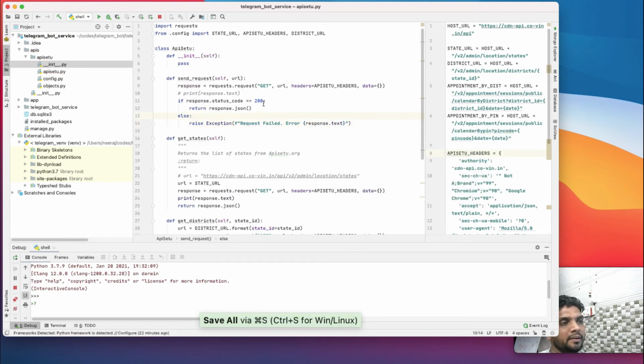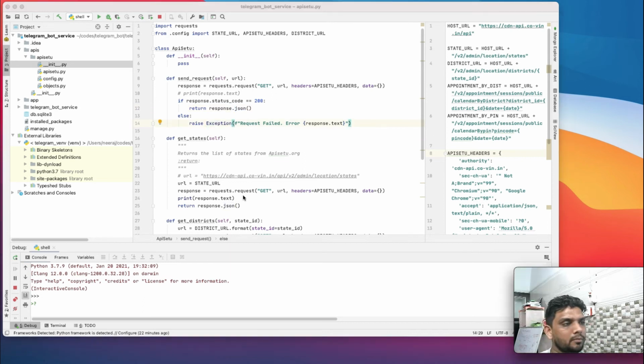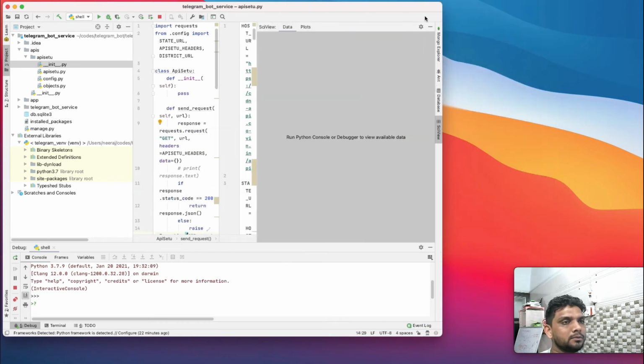So when our request passes, we will get 200. We will just return the response. Otherwise, what we will do is we will raise an exception, and in that scenario,